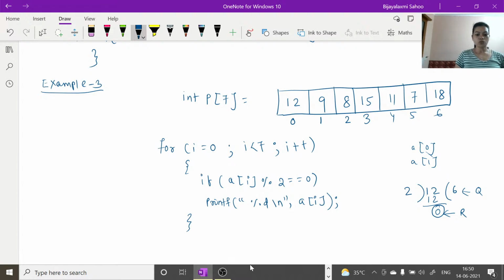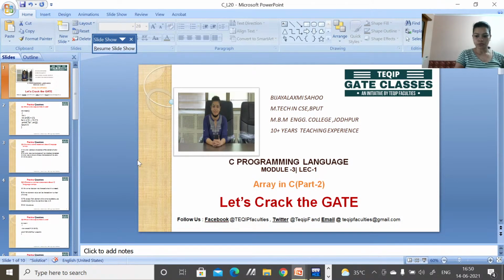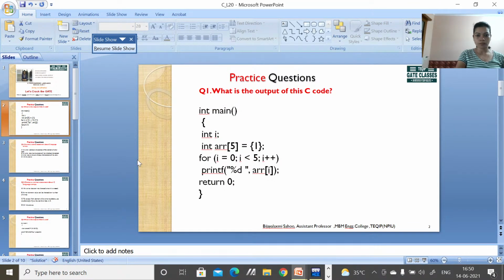Now let us discuss these. These are the operations on an array. Now let us go to some examples of array. So coming to this question, here I have